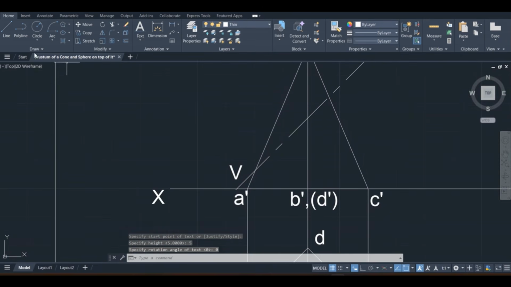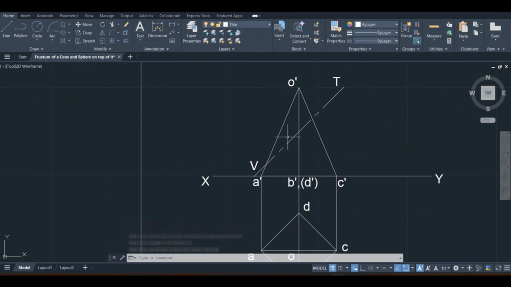Now see, this section plane is intersecting all the slant edges. A dash O dash slant edge is intersecting at this point. There, mark a point. And B dash O dash is intersecting at this point. Similarly, C dash O dash is intersecting here, and D dash O dash also intersecting at the same point as B dash O dash. So give the point names here.